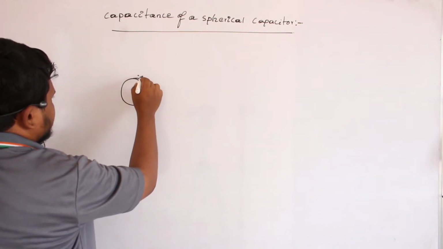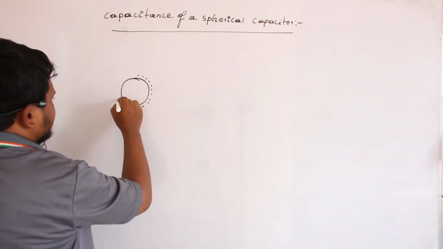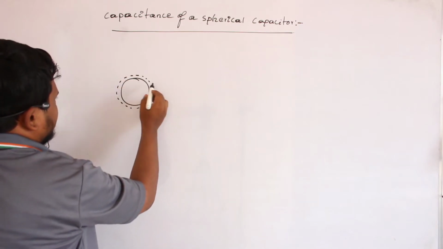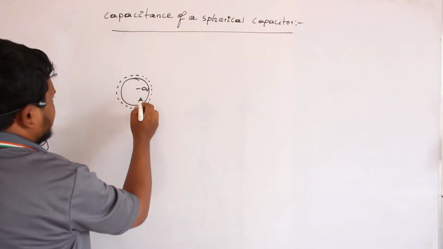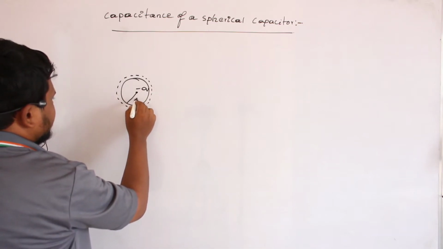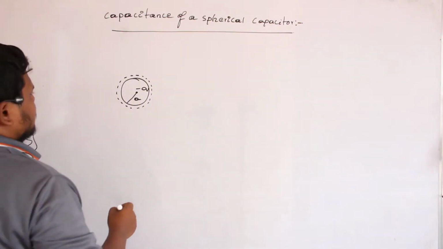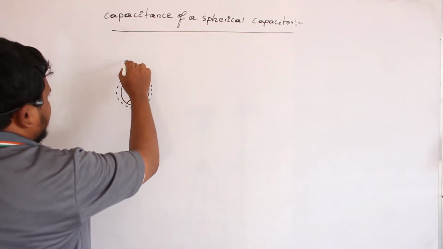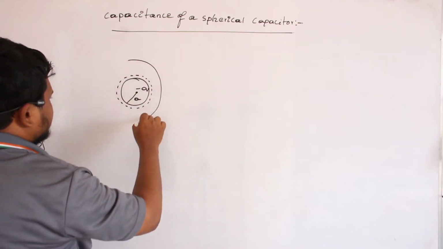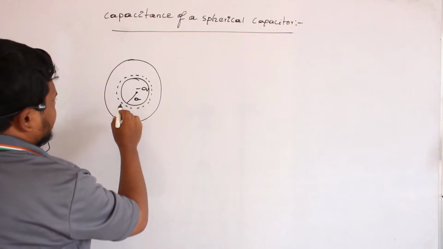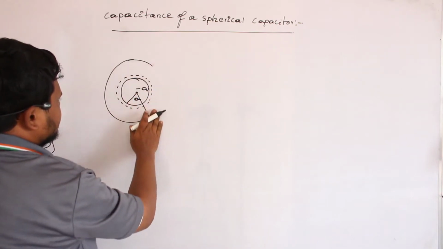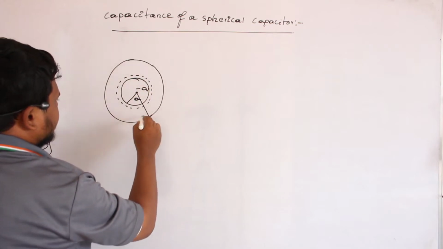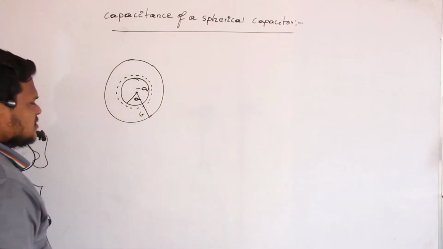We give this sphere a negative charge of minus q. So, what is the charge given to this one? We are giving this one a negative charge of minus q. Let its radius be a. Now what will happen is I will enclose this one in another spherical shell whose radius is b. So let the radius of this other spherical shell be b. Clear? So this is the radius of this one.